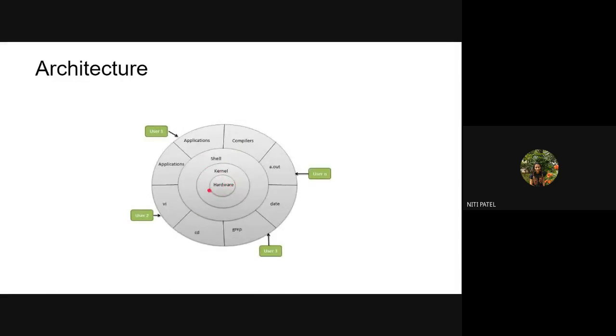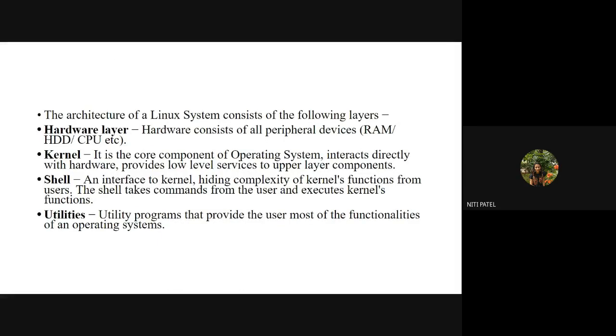After the execution is done, again with the help of shell, they are displayed as a result to the user. So where you get to see the output is on that shell only, the place where you give the input. So input and output can be seen on your shell. This is how your architecture or the Linux system works.